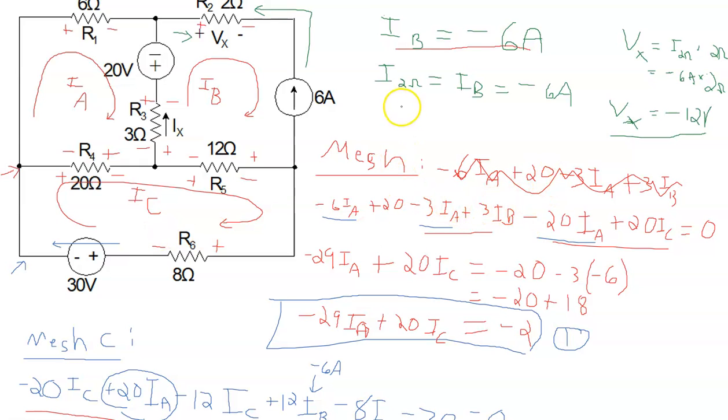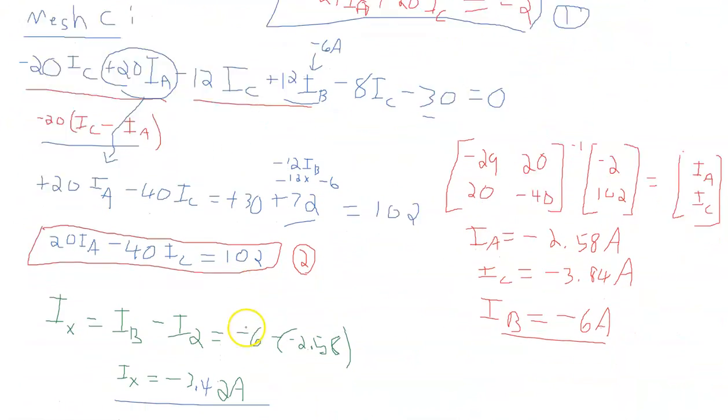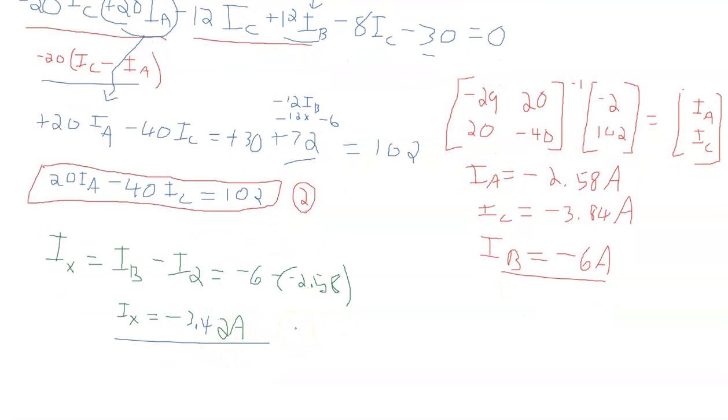Well, let's think about that. The 20-volt source has its positive terminal on the bottom, so it probably produces a current that goes down. The 6 amp source, if it contributes anything to that, also goes down. Yeah, it makes sense that that goes down, right? The 30-volt source produces a current that goes this way, and so we're not sure what its contribution to this is. Could be up, could be down, but the idea is that probably the net current through there agrees with down, so we would think that negative makes sense. Okay. Now,